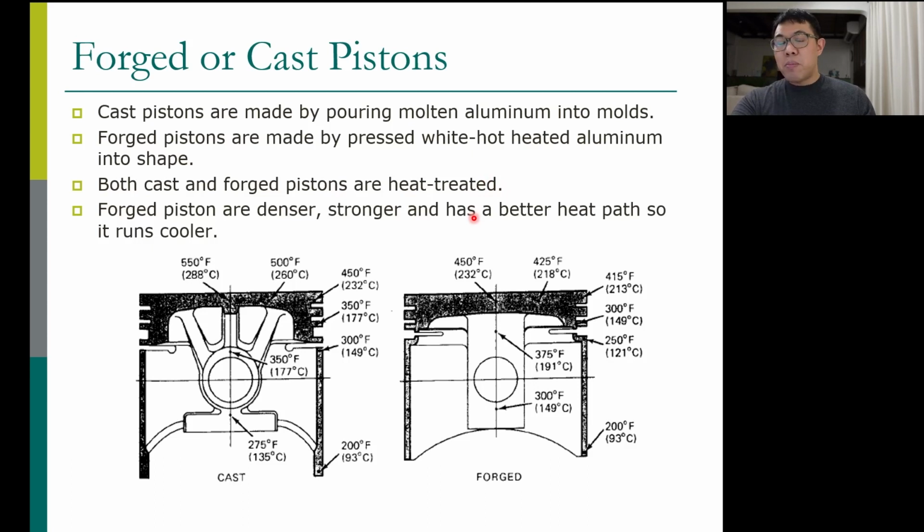Normally the forging process is better than the casting process, because in casting you already make it into liquid aluminum, molten aluminum, which means air can get inside, air bubbles can get inside. But with a forged piston, you don't melt the aluminum, so air cannot get in. However, to do that you have to